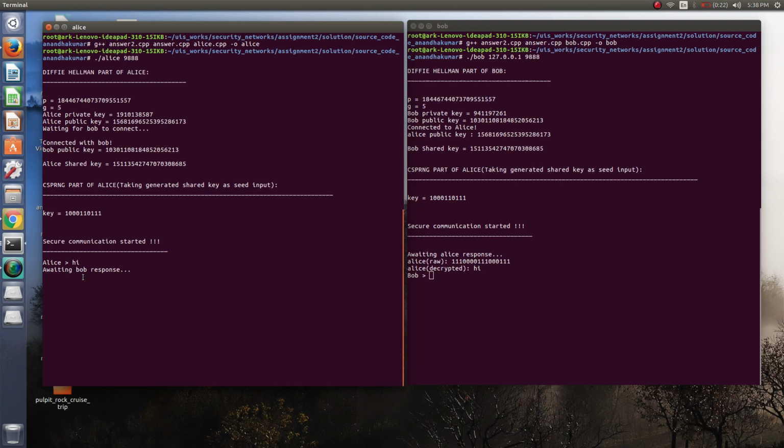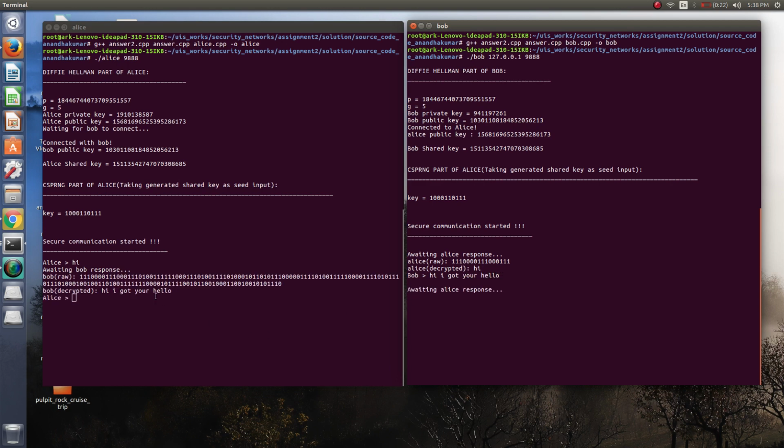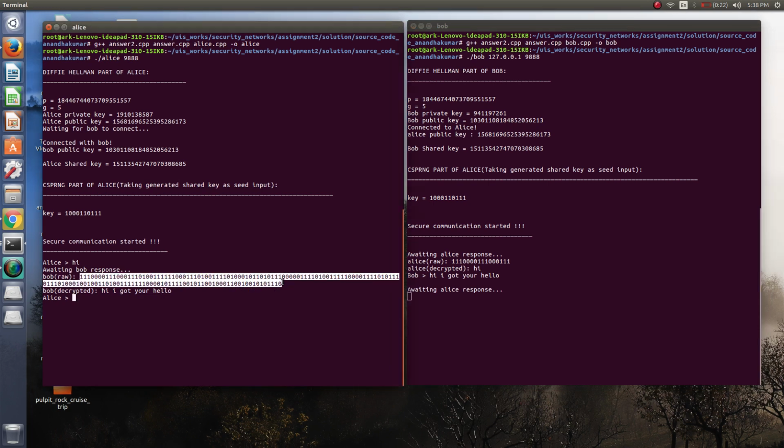You can see this hi is a message sent by Alice to Bob, and you can see this is the raw message received by Bob, and after decrypting it he is able to get the original message sent by Alice. Now let's Bob sends the message. You can see this is the raw text which is transmitted over the socket connection, and this is the original